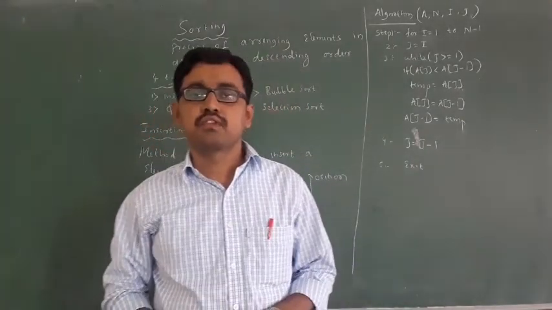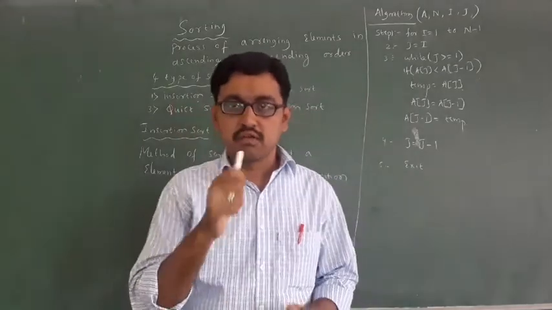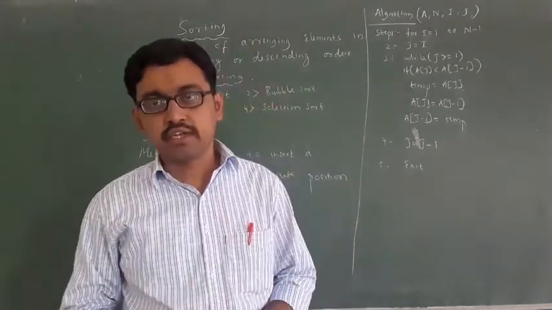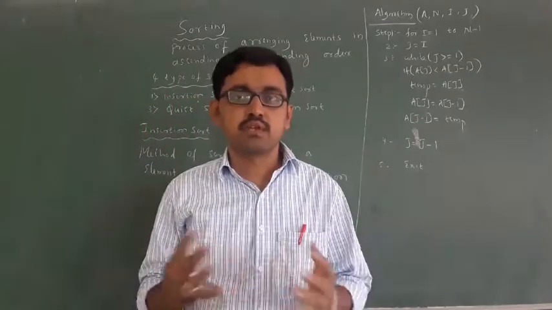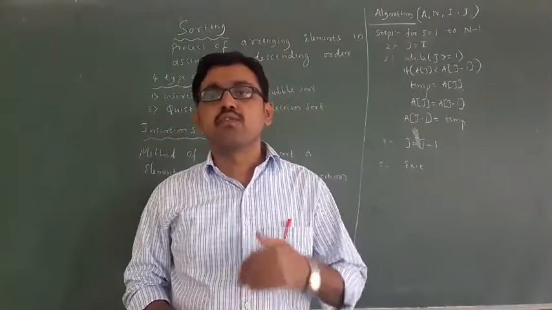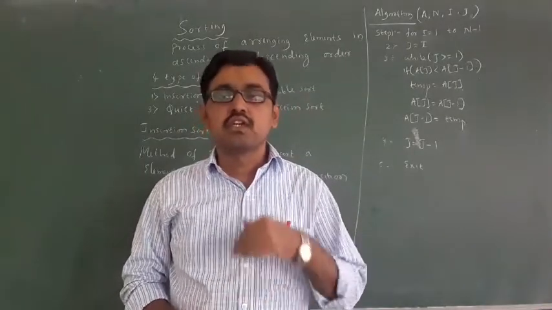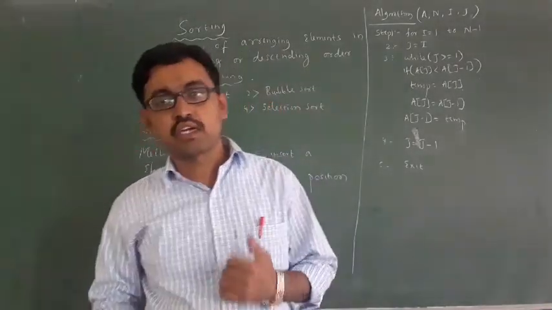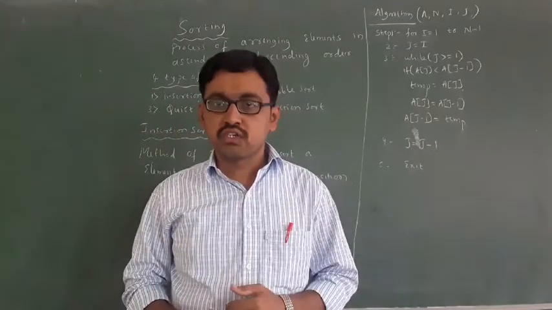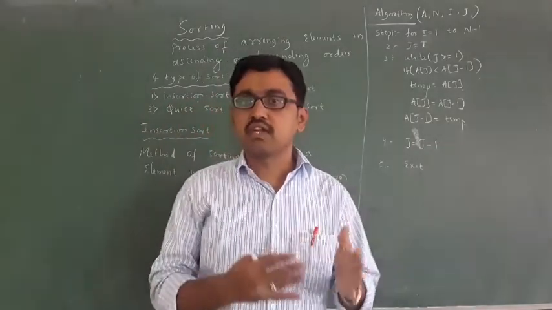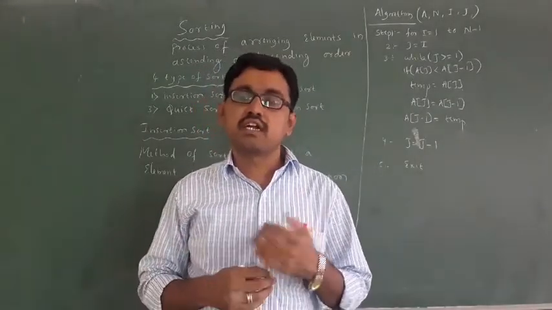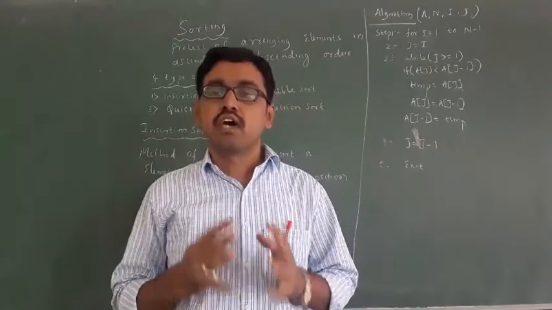In the last class, we discussed the operations on an array. You know the data structure and the types of data structures. In that, we know the non-primitive data structure. What are the operations on non-primitive data structure? In non-primitive data structure we have two types: one is linear data structure, and the second is non-linear data structure. In linear data structure we studied about an array.